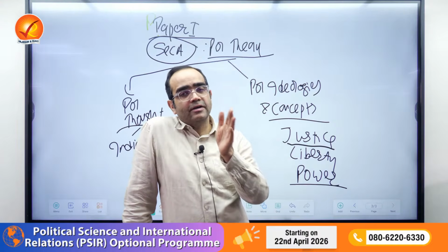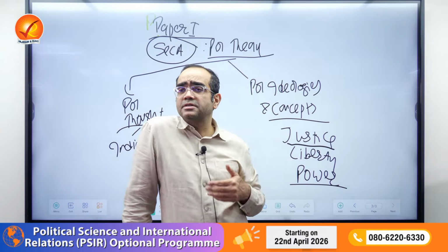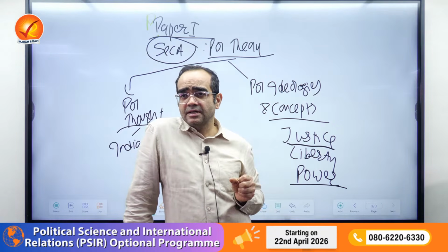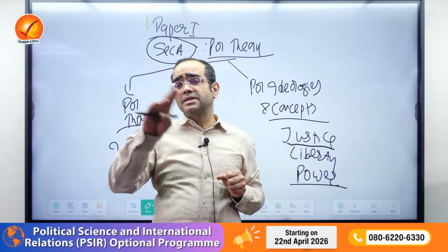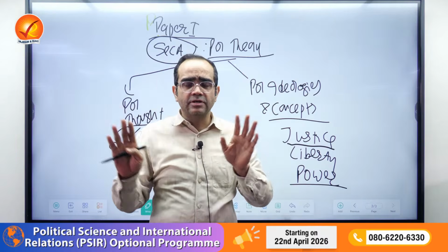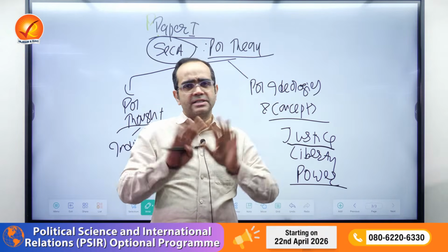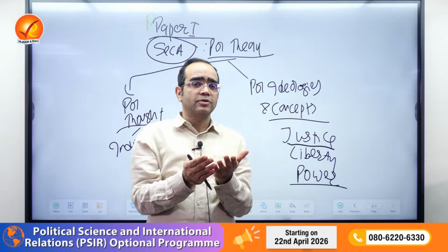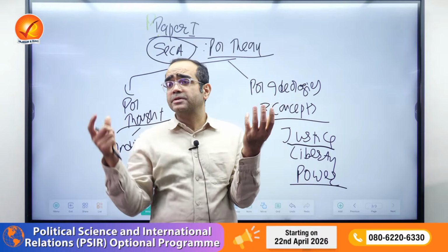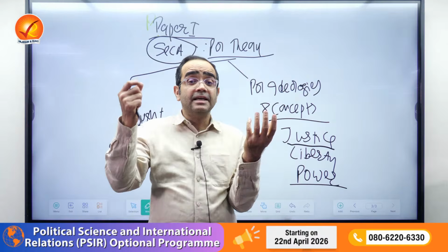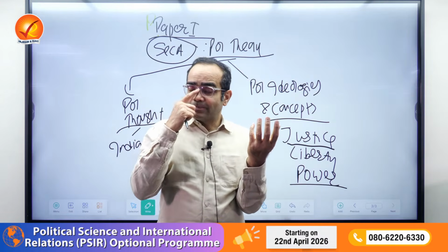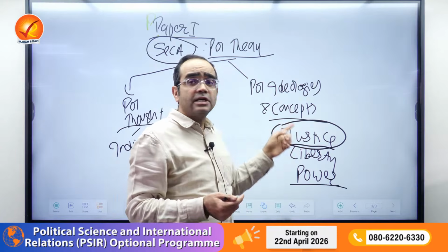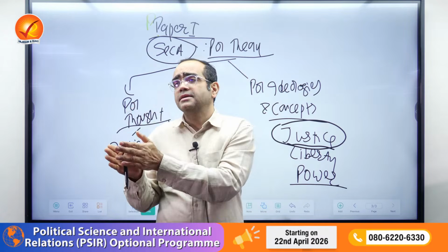And if you see why government is giving 33% reservation to women, because women are considered as weaker sections, and hence women's representation in Indian Parliament has never, in Lok Sabha specifically, crossed 15%. So almost 50% of India's population is represented by just 15%, and that is injustice. So as a part of social justice, empowerment of the weaker sections, that's how women, SC, ST have been given